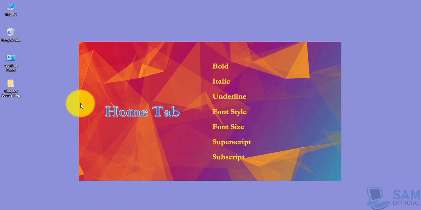Viewers, in today's video, we are going to explore the very first tab of MS Word, that is the Home tab. And inside the Home tab, we'll be exploring different groups and sections, and we'll be working with the frequently used icons or options from those groups or sections given in the Home tab. In order to start practicing these things,